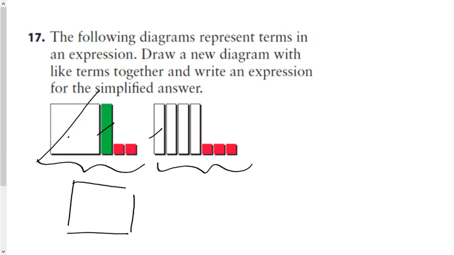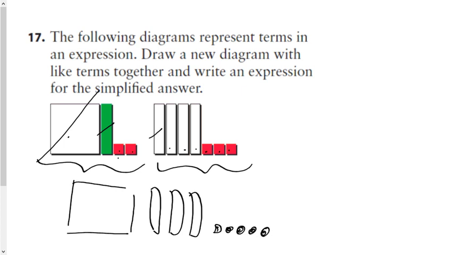Specifically, an algebraic zero pair. So they're going to be gone. I'm left with these 3 left. So I'm going to draw 1, 2, and 3. And then these 5, this 2 and this 3, are going to combine to make 5 of them. I'm just going to make circles because I'm too lazy to do squares. And that would be our picture that says. And what does that say? It says the whole expression would have been negative x squared plus x plus 2 plus negative 4x plus 3